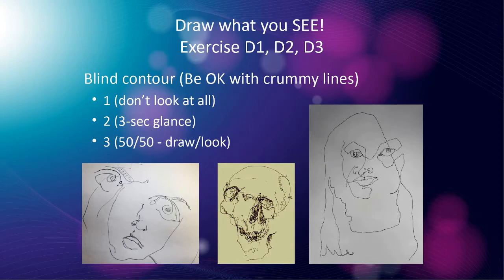To help practice that, we're going to do 3 exercises with drawing what you see, and we're going to do that by not looking at what we are drawing. And so you get these messed up drawings that are a little bit awesome. The first time we're not going to look at the paper at all and just draw what we think. You're trying to make your brain tell your hand what to do, and you're not looking at what your hand is doing at all. Then we're going to look at the thing and count to 3, drawing 1, 2, 3, and then glance down and say, oh, I'm way off the paper, I better move back. And then we're going to do a 50-50 hybrid.